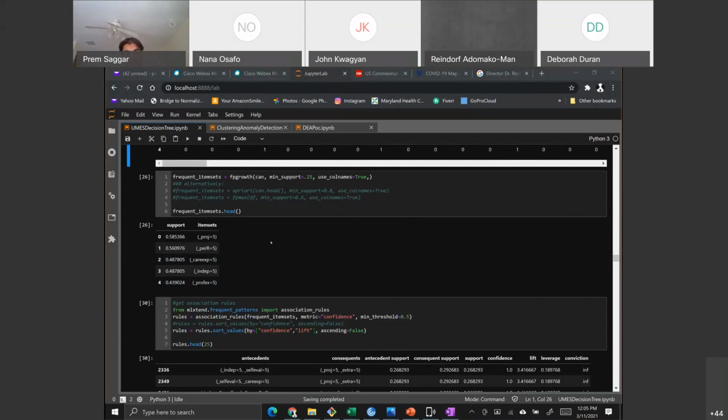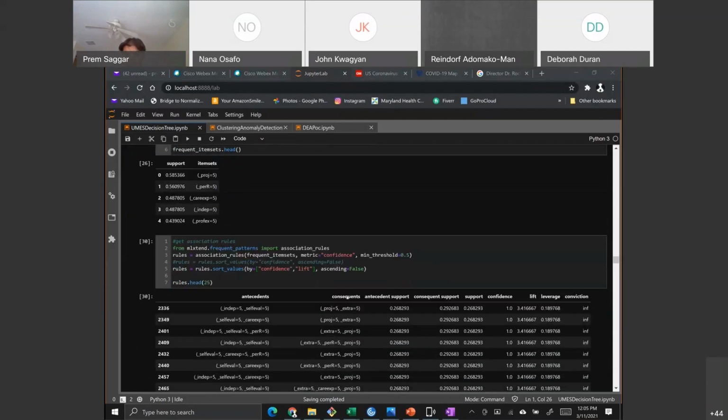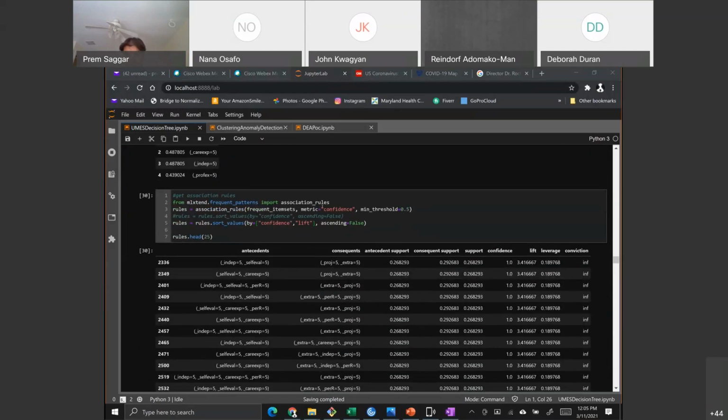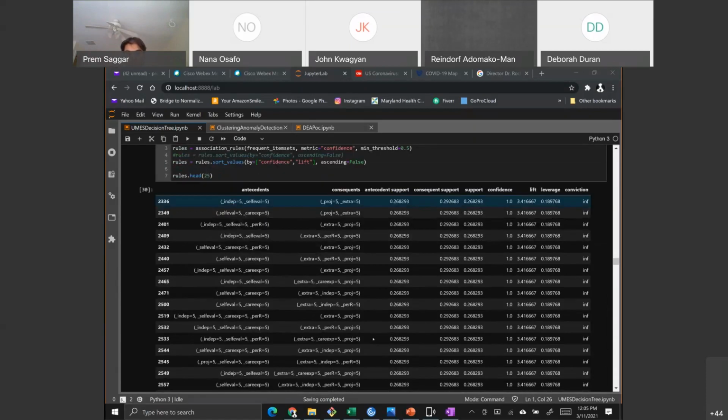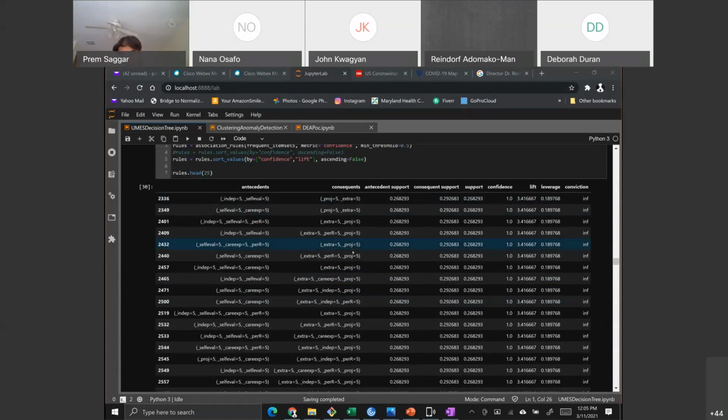Okay, so you get the frequent item sets, and from there, you can derive the rules. Just as we talked about, it looks at every combination and it racks and stacks them based on how often it's happened and then how sure it is, okay? So from that Excel file, I don't think it's possible for humans. Maybe some of you are super geniuses who can do this stuff, but I can surely not. But it derived all these combinations.